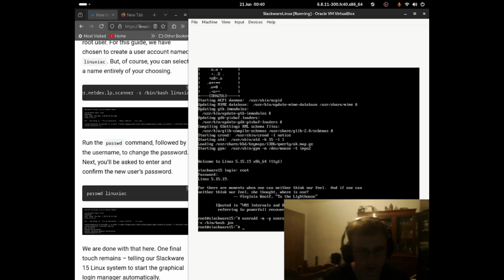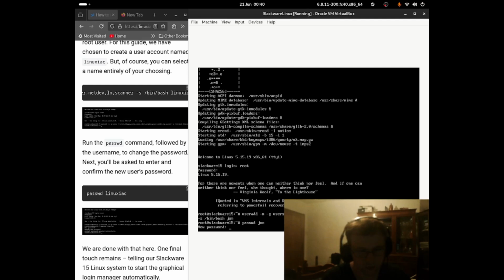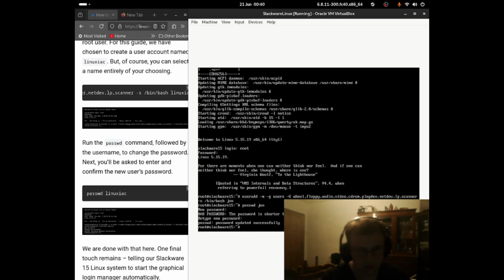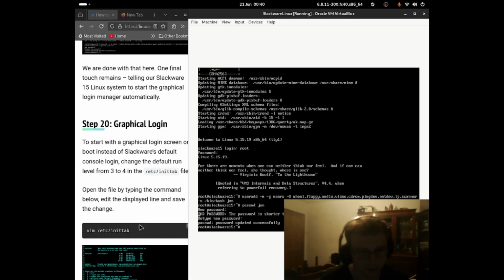So now I should be able to add a password to John by doing passwd, and I can just enter his username, and I can set a password for him. Yeah, it's totally fine. Cool. So now we have set up a password for John. So now we should be able to log out of root and then use John if we wanted to. But what I want to do firstly is that we want